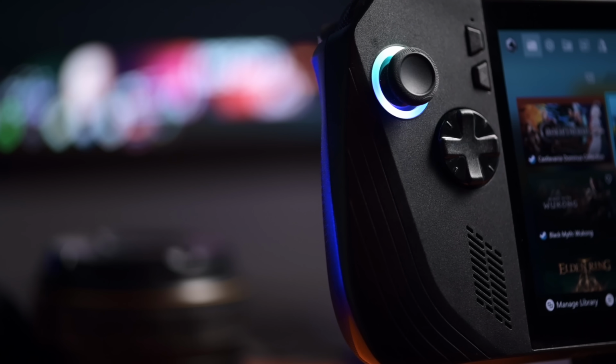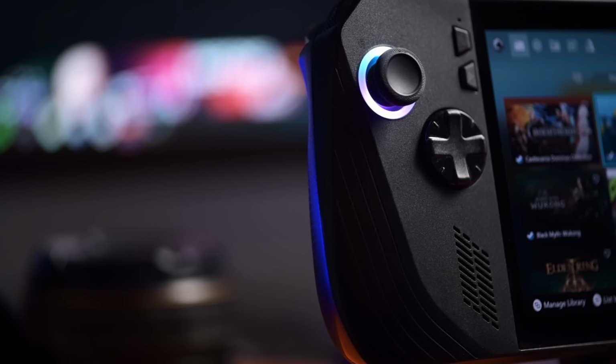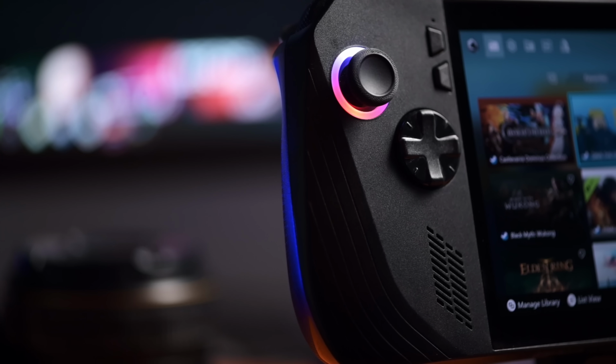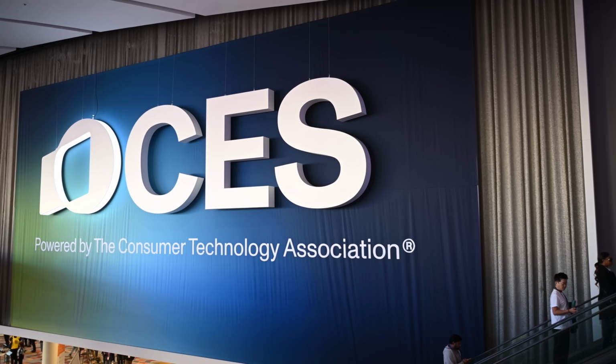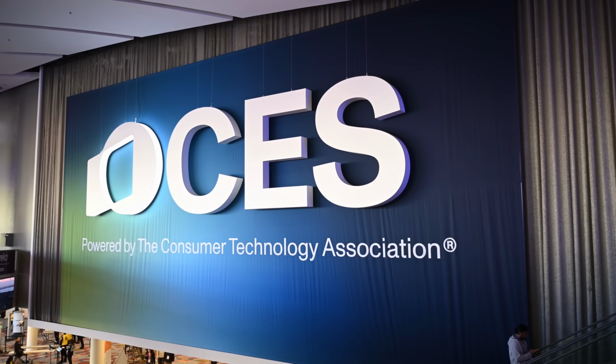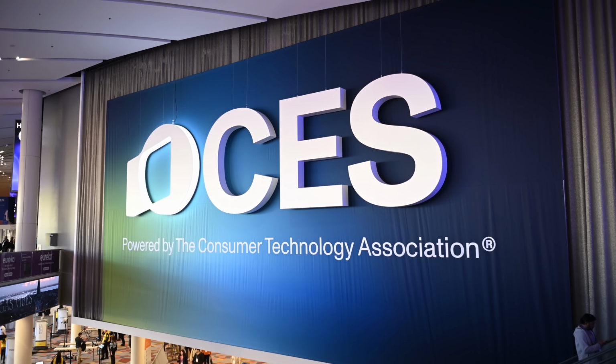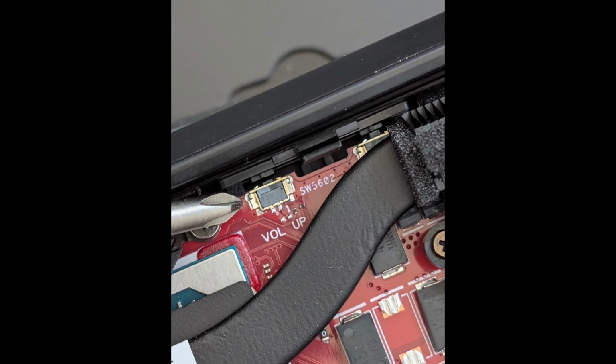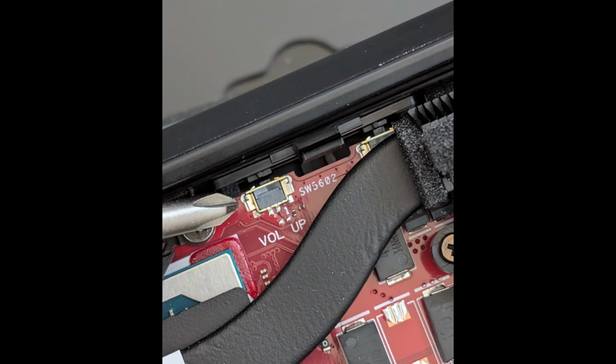Now, the overall build quality of the ASUS ROG Ally X definitely leaves nothing to be desired for me personally, but I did run into some problems that I think bear mentioning. First and foremost, when I was at CES this year, when I was flying back, I noticed that the volume rocker was jammed, and I didn't really think much about it. I was like, oh, maybe something accidentally broke or it slipped or it's out of place, but it turns out that the actual button that I used to push up on the volume rocker broke,